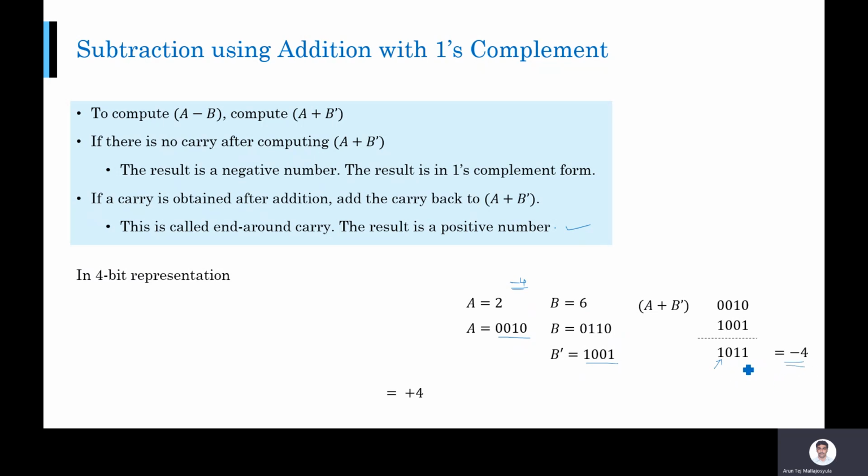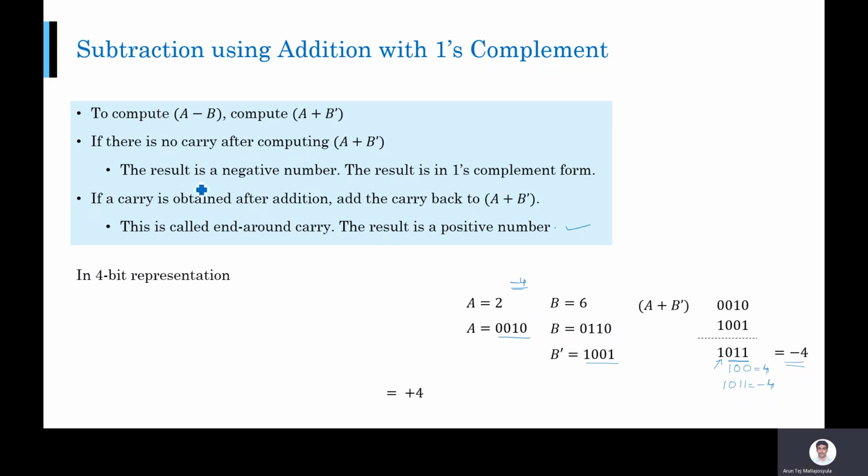So this is a negative number. How do you see that? The first bit is 1, so this is a negative number. If you want to know the actual value, all you need to do is take the magnitude part and complement it. 1, 0, 0 complemented is nothing but 4. Therefore, your 1, 0, 1, 1 is already the negative number minus 4 in one's complement. So it is a very easy operation here.